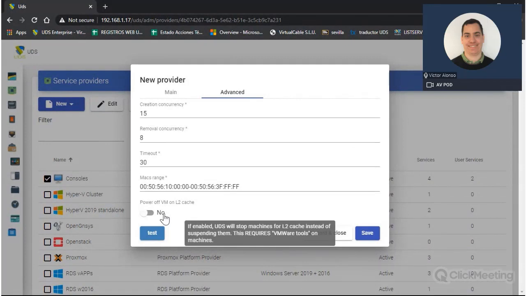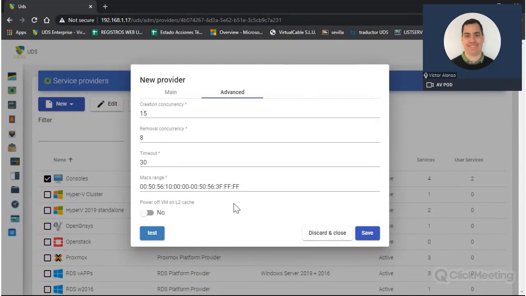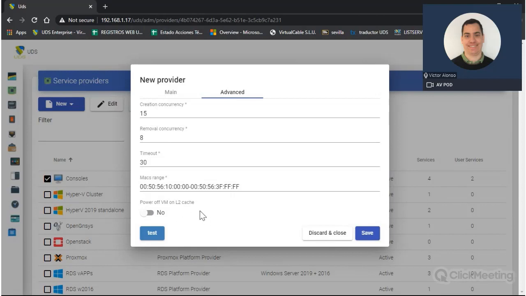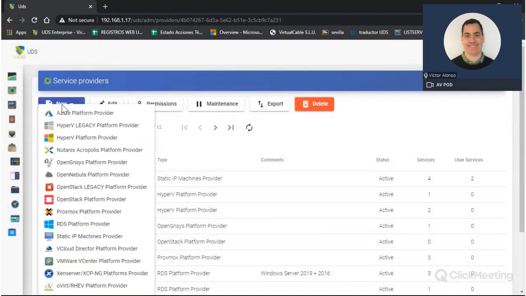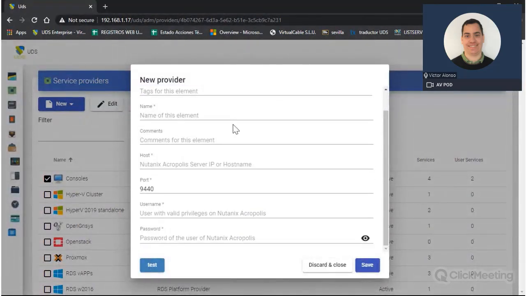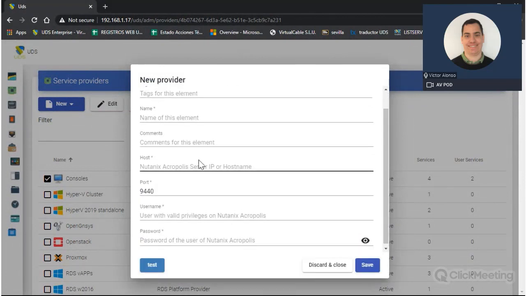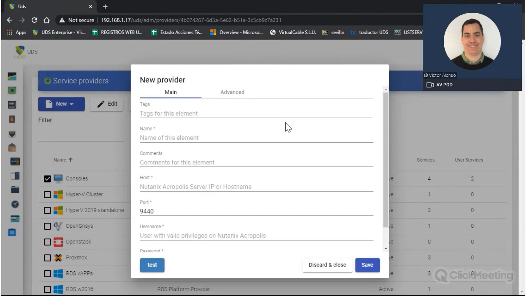With this functionality, this problem is solved. And this functionality can be added to the other virtual platforms in future versions of UDS. And this functionality gives us the possibility to use the cache level 2 in the Nutanix